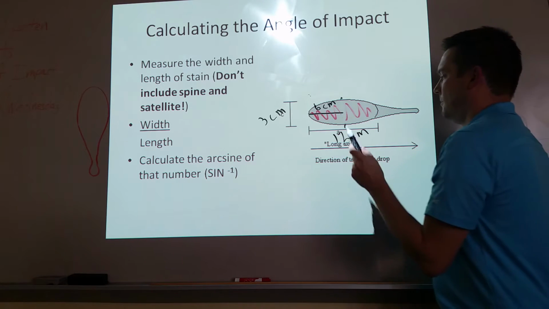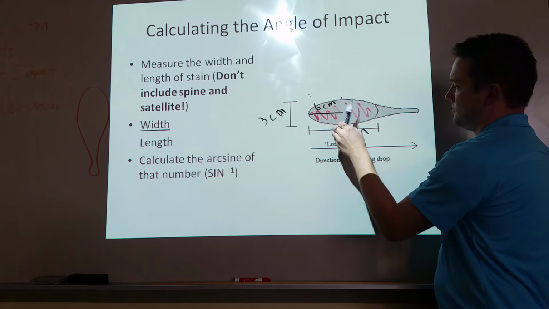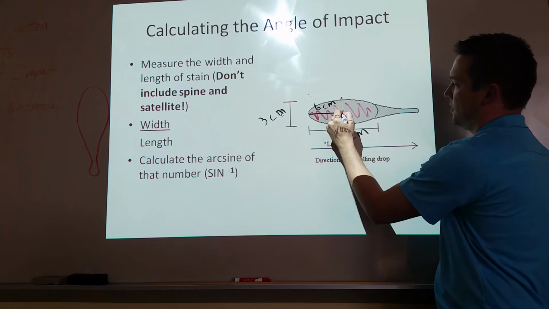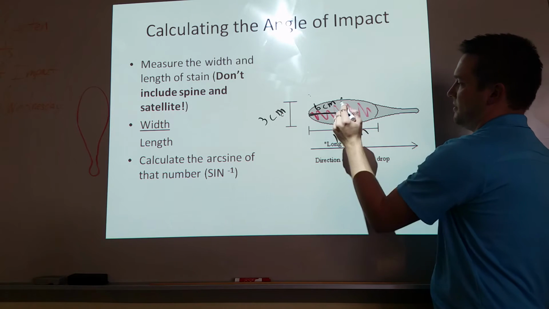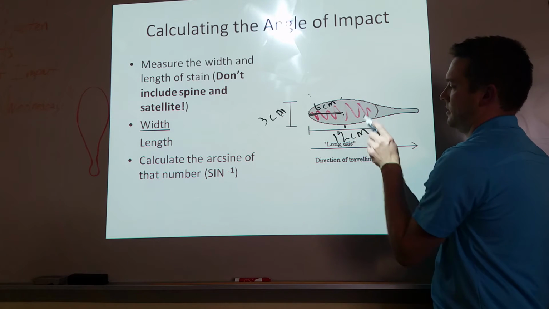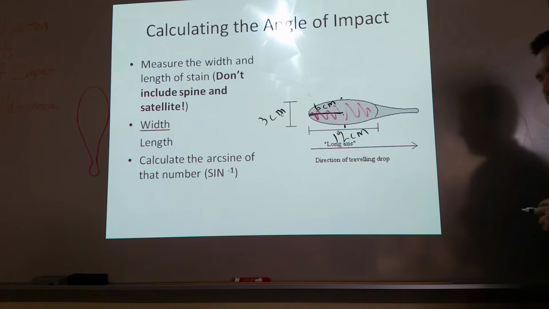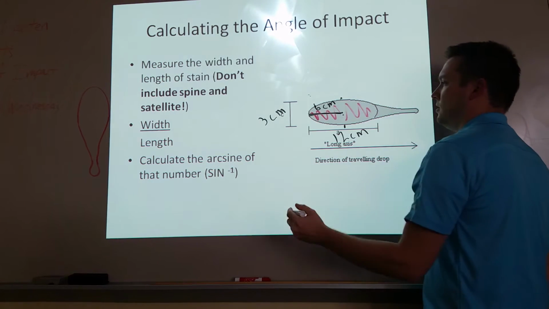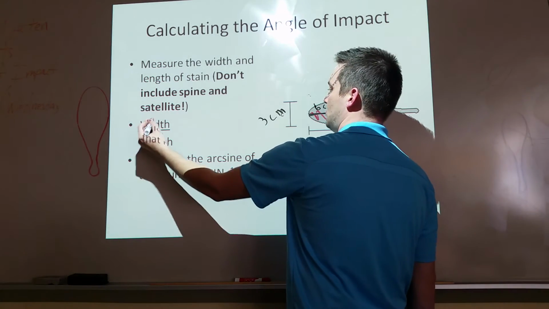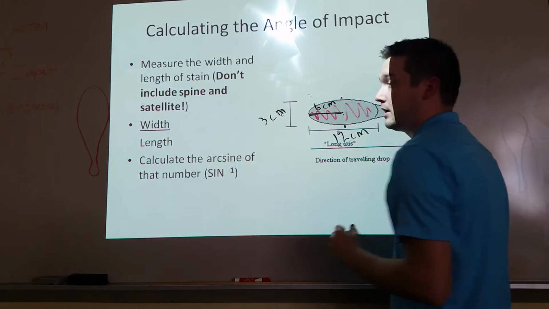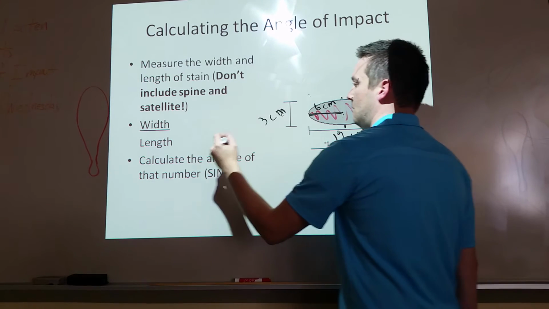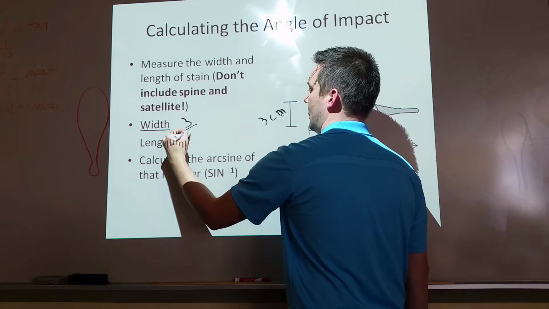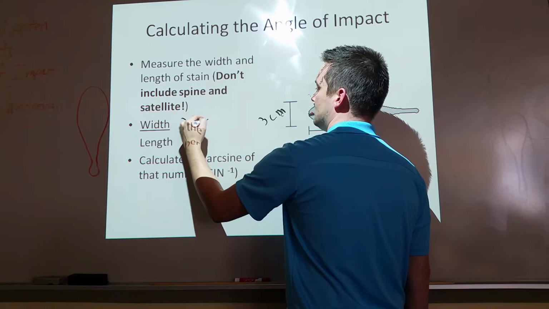So remember, do not count this. Measure your width first, and once you've done that, measure from the widest part forward to give you half the length. Measure it, and then double it to get your actual length. Next thing we need to do is divide those numbers, and it is width over length. Common mistake is to do length over width. What you want to do is width over length. So this is going to be 3 divided by 12, which gives us